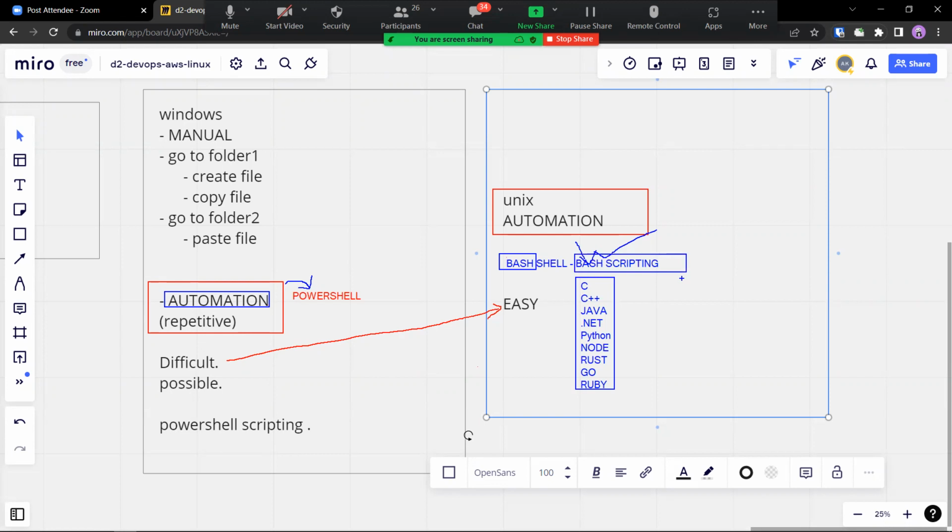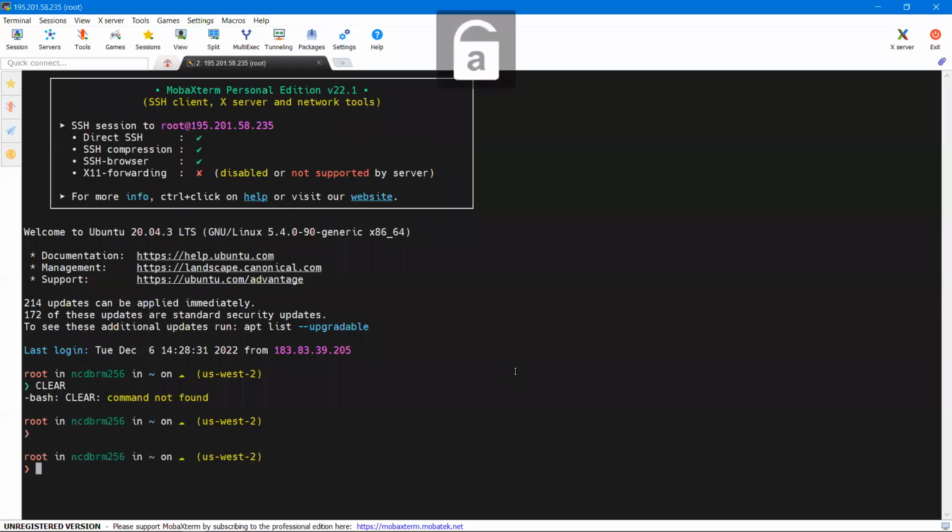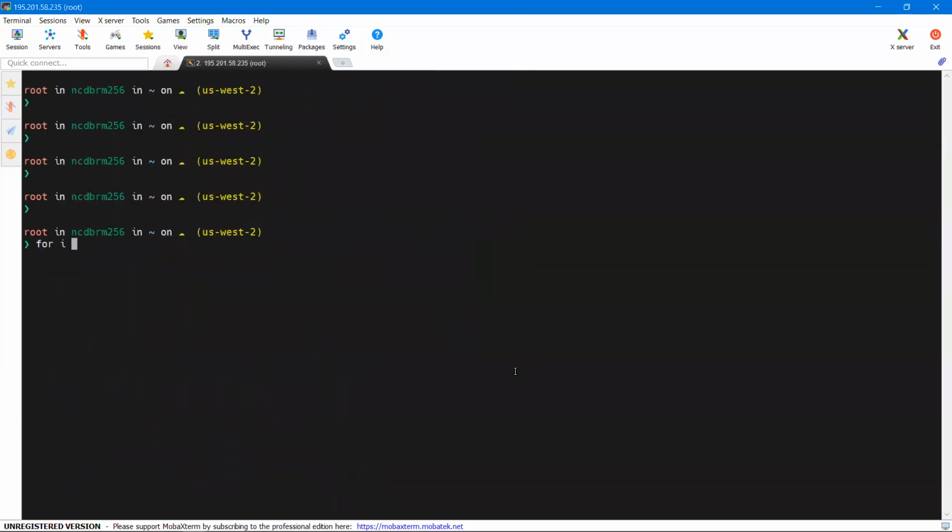You already know Bash. Can you tell me a for loop? You can tell me a for loop, right? Let's write a Bash script, a quick for loop. Let's say you are on a Bash shell. For I in 1, 2, 10, do print, or echo simply I. Right?